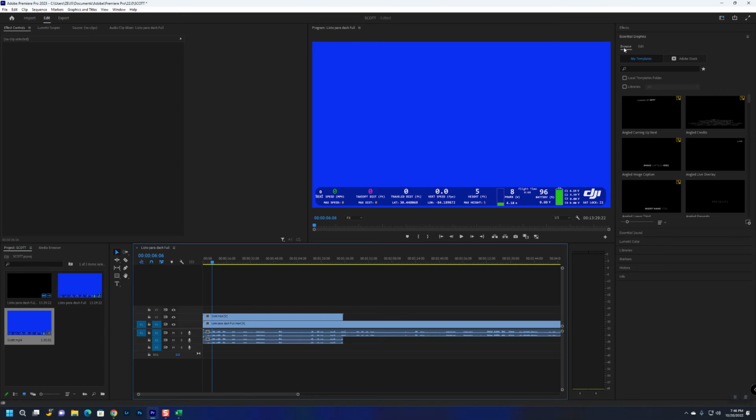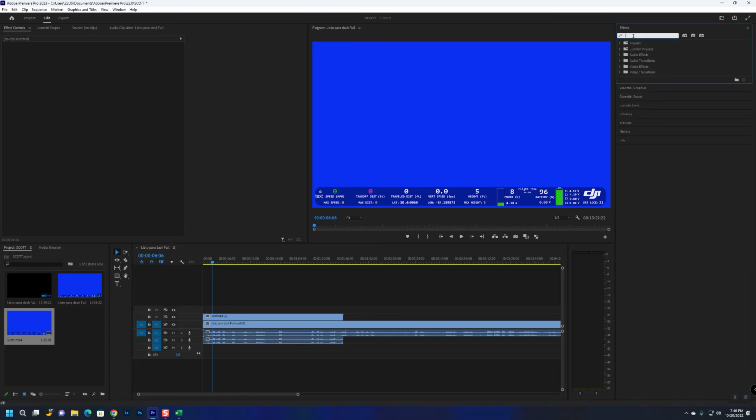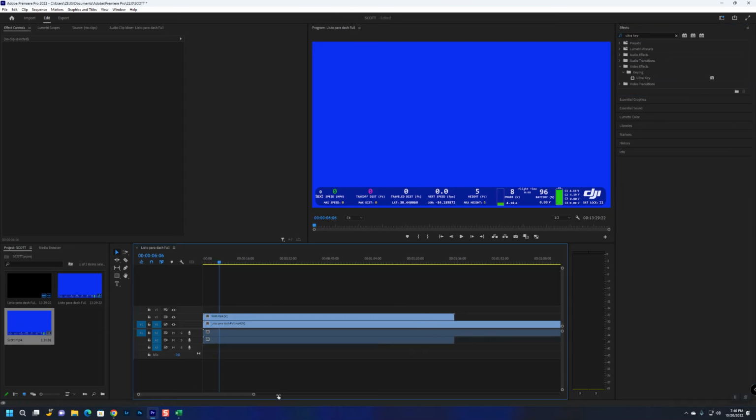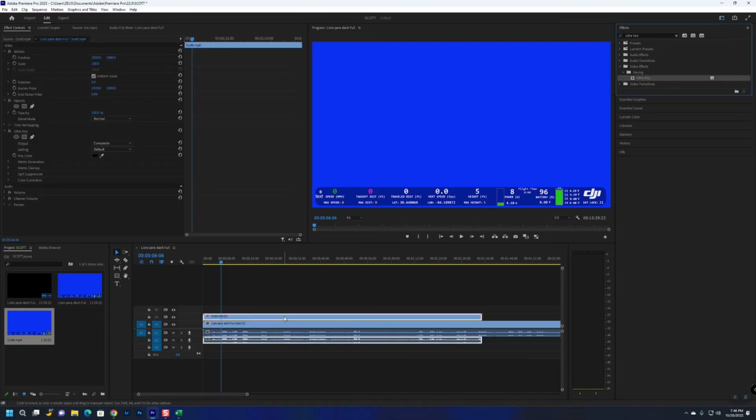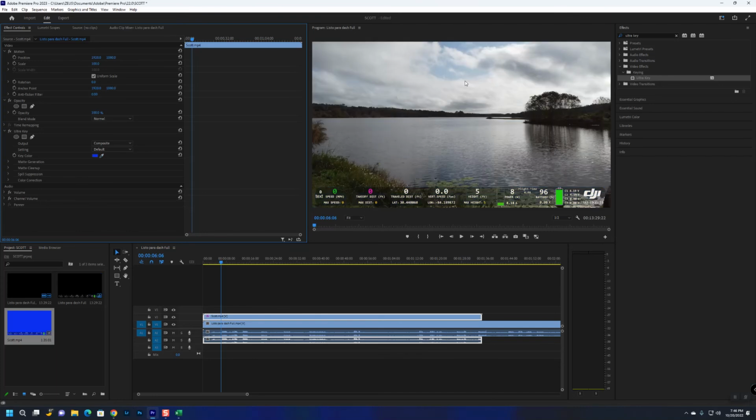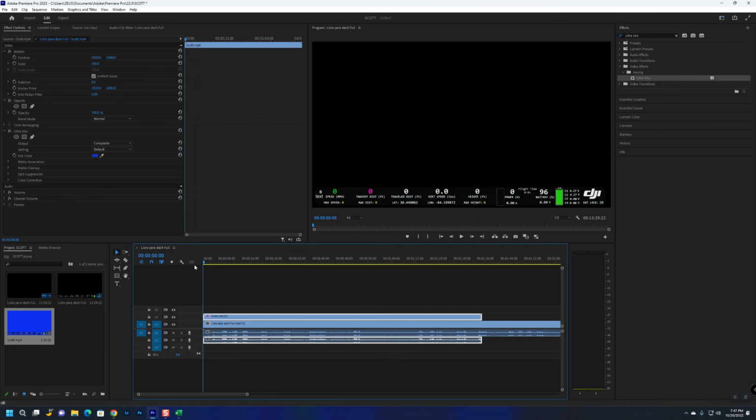So there is an effect called Ultra Key, and then let me make this bigger like this. You drag that effect to the video that has the blue screen, right? And then in the effect controls, you use the key color. You select this and touch the blue area, and boom, now we disappear the blue from this one, and we see only the other video. So if we go back,